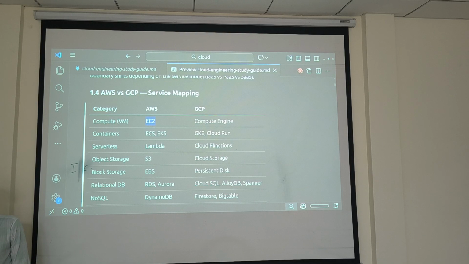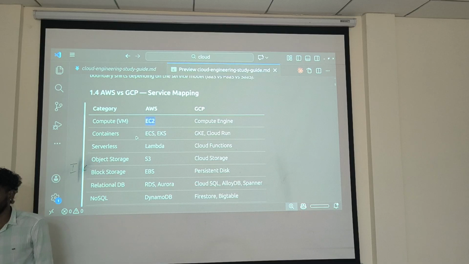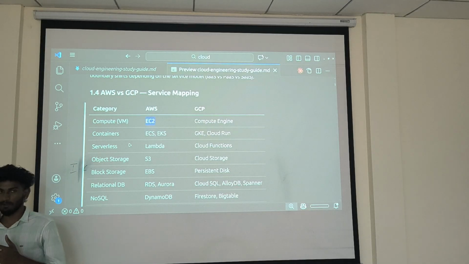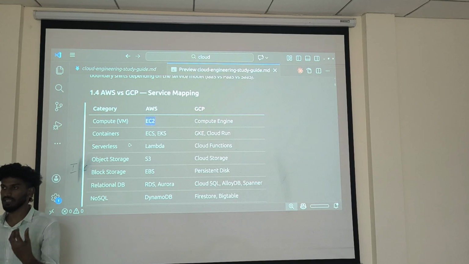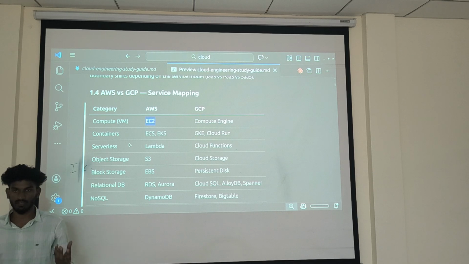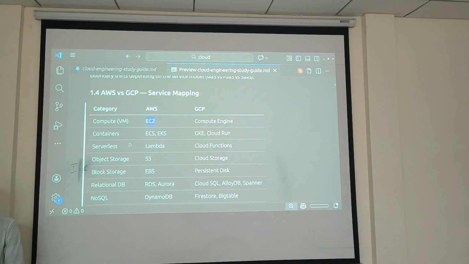I already explained what Cloud Run means, as a serverless service. These containers are nothing but how you manage your application if we are using Docker. I explained Kubernetes as well, like how you are going to manage your containers. Each product has some particular name, but in the backend, the core thing is a virtual machine. They call it Compute Engine. They are just going to give you a machine, that's it, but they keep different names.